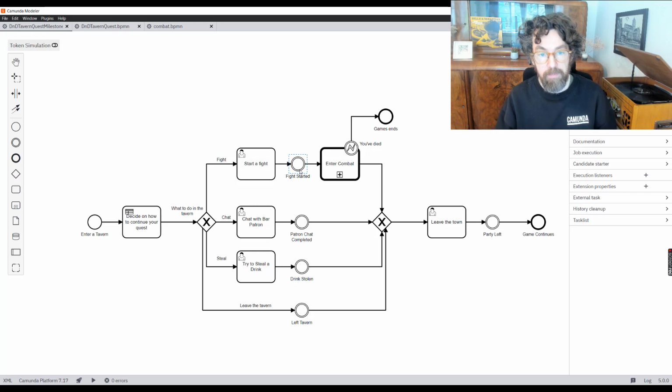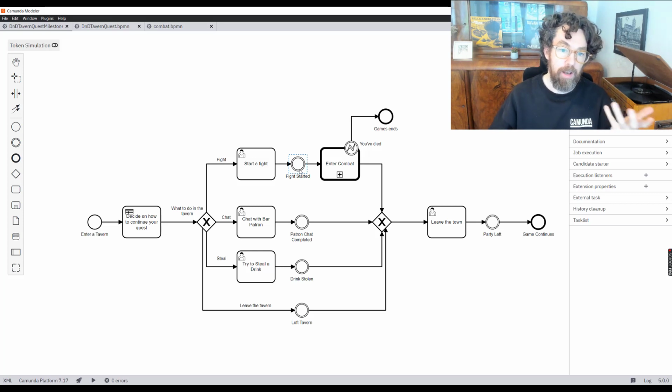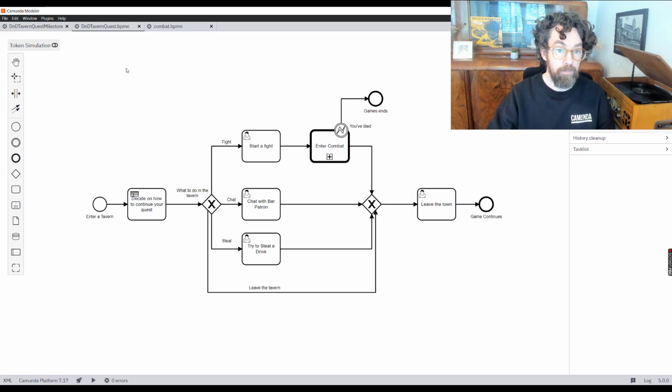Because in modeling BPMN, you need to remember most of the time when you model a process, it is going to be executed. And that means that you now have multiple stakeholders. The people who are making the model executable would probably do something like this, because everything they need is present, but also everything they've added is theirs, so they might remove it or change it.